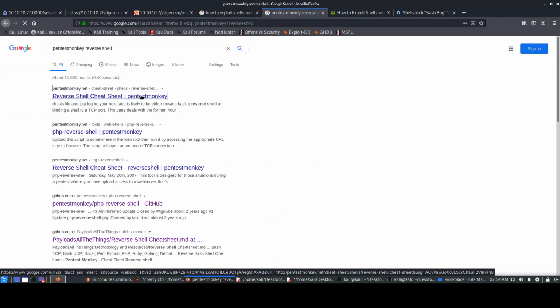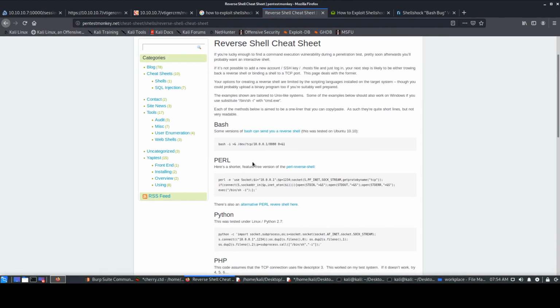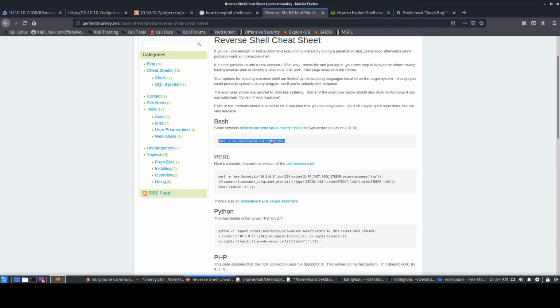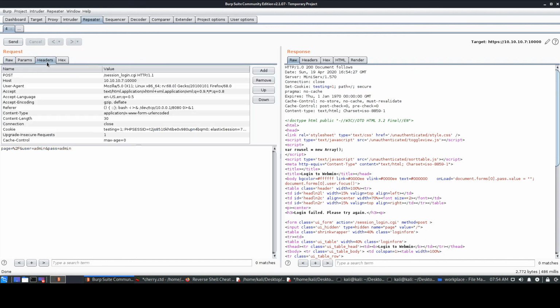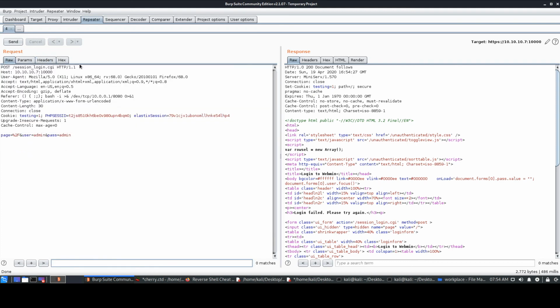The one-liner bash shell, you can probably do that. Okay, so we have this bash shell over here. We'll just copy it and paste it. You don't have to URL encode anything over here, because these are HTTP headers, right? And if you see over here the referrer, it actually shows you something like this. The header is going to go like this. It's not a parameter for the GET request, or this is POST over here. There's no parameter, so you don't have to URL encode it. Just leave it as it is, and add your IP address.